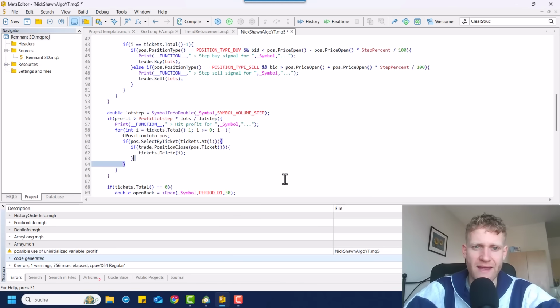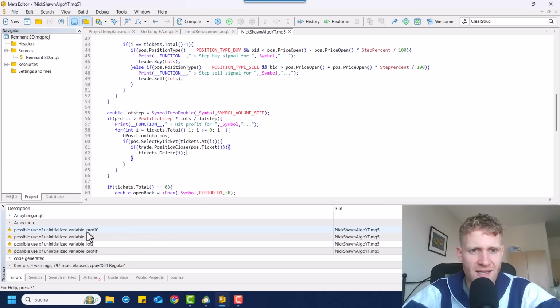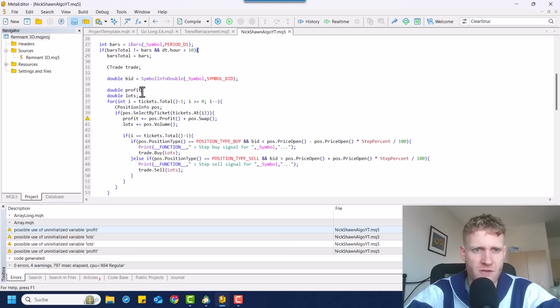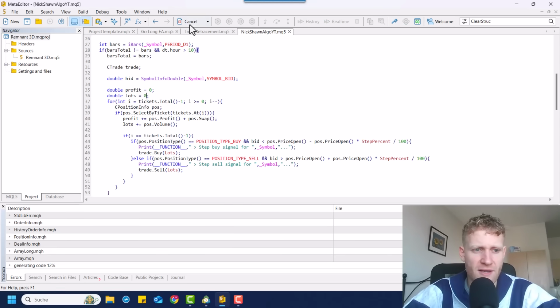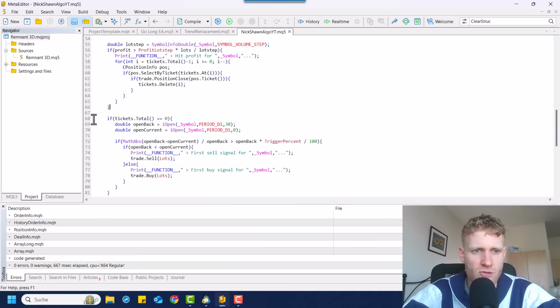But again, this is mainly a program for the strategy tester. I don't code it so it's super safe, and able to deal with all the problems that might happen in a live account. But for testing, it will work like this, because in the testing, the broker does not really reject your orders. So then we have to set a default value here. Then we have to delete all of the tickets from the array,